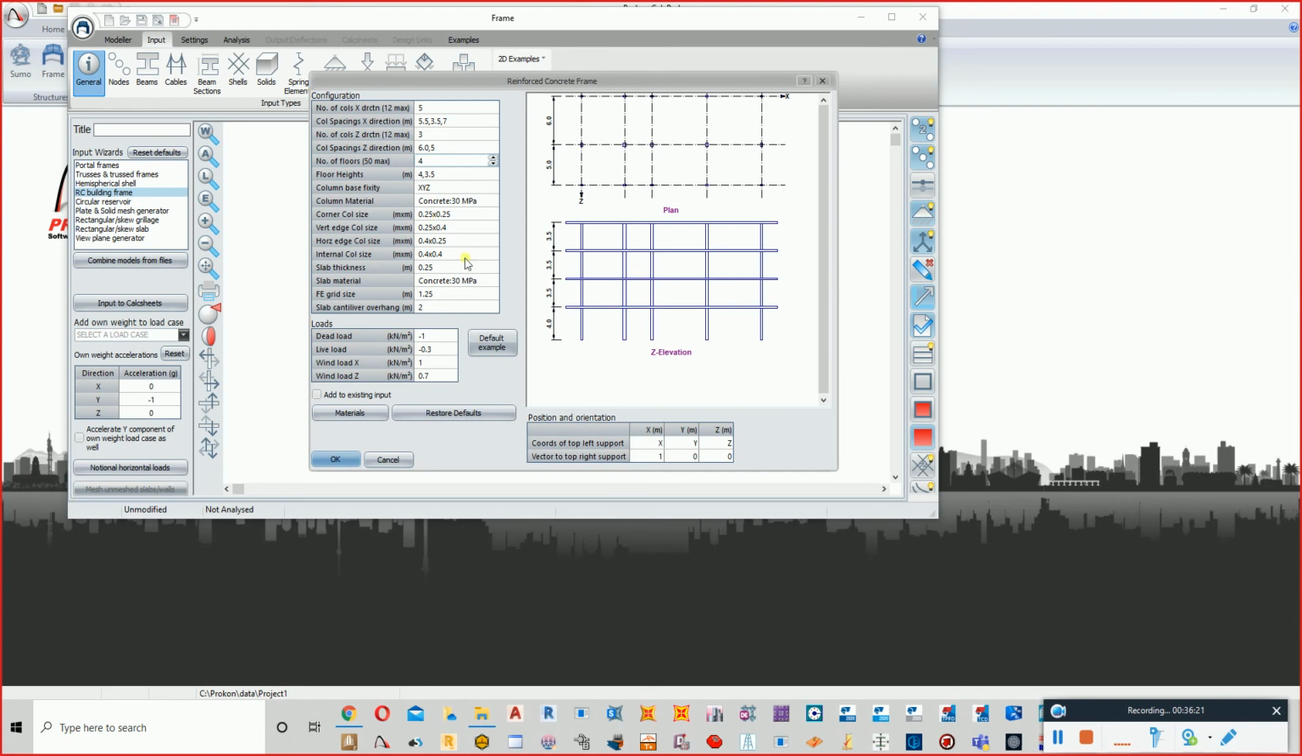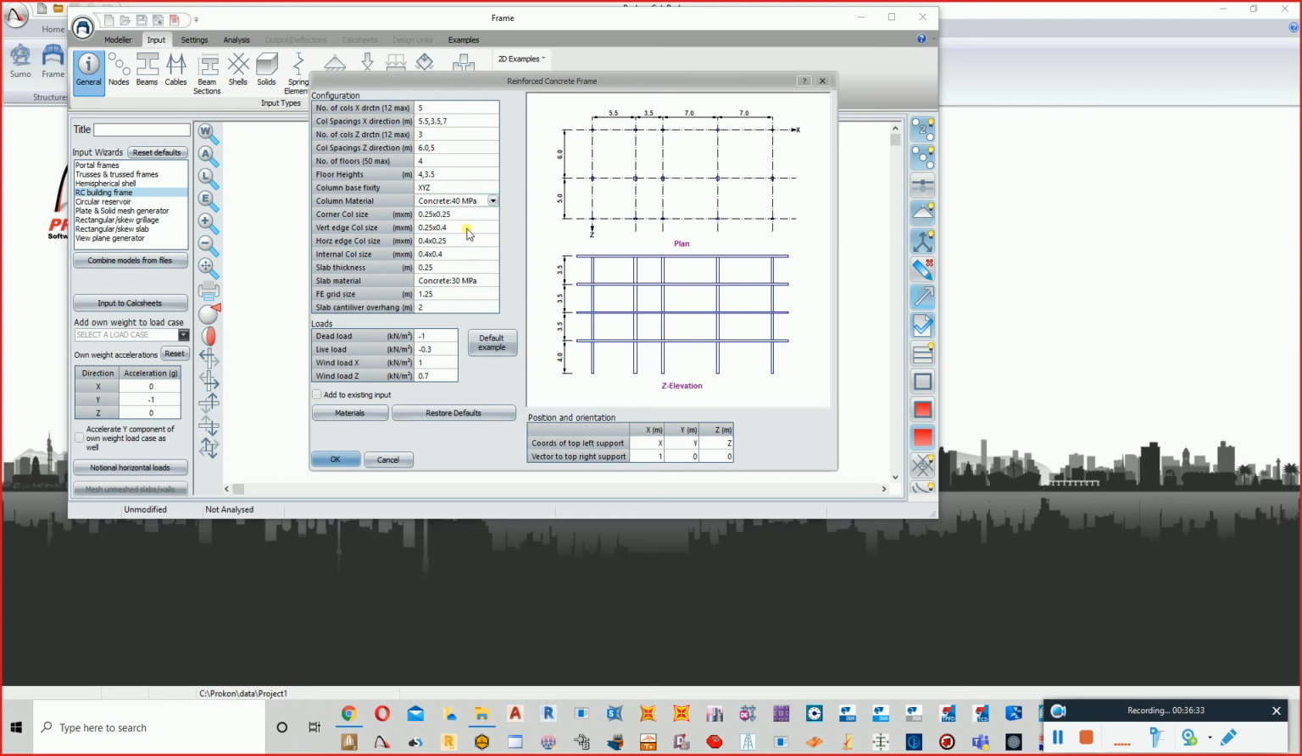Fixity, that's fixed in x and y and z. It means a fixed support. Grade of concrete for the column: you can keep it as C25 or 30 or 40, 40 for example. Concrete column size, that's for the corners. So for any corner, for example, I want the corners to have 0.4 and 2.4,